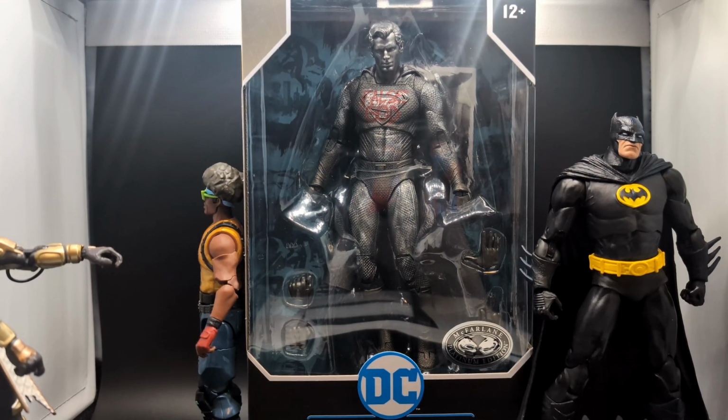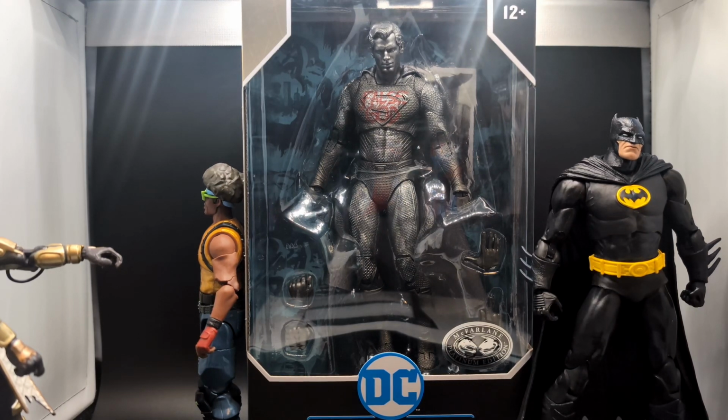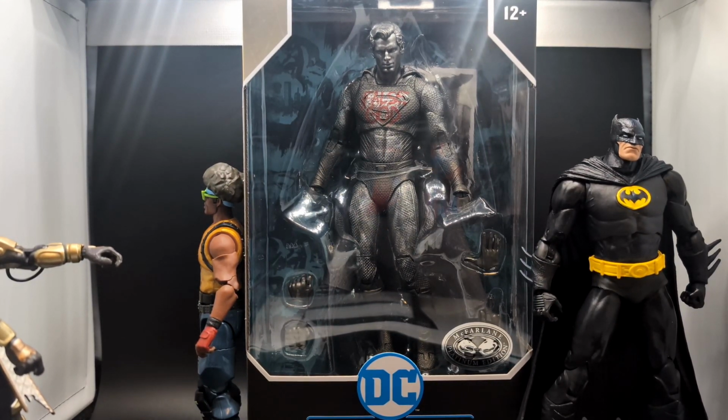Anyway, I made a special trip. I was out anyway, went ahead and got it, and it was going for $22.99. Fortunately, I didn't have to pay that much because I was able to redeem a gift card. So I ended up paying only like $10.49, something like that. So absolute win for me because I was definitely looking for this version right here. And I'm glad I didn't have to pay that much because normally I would find different platinums like this